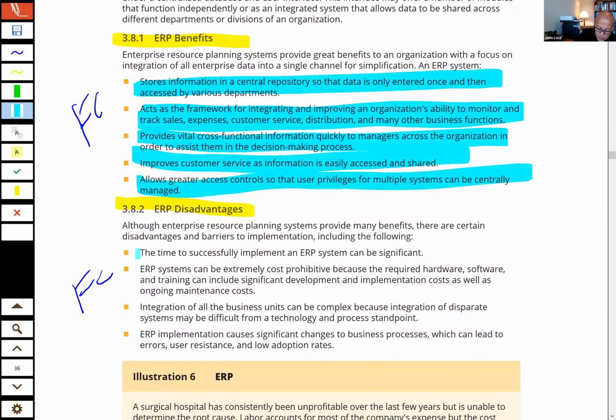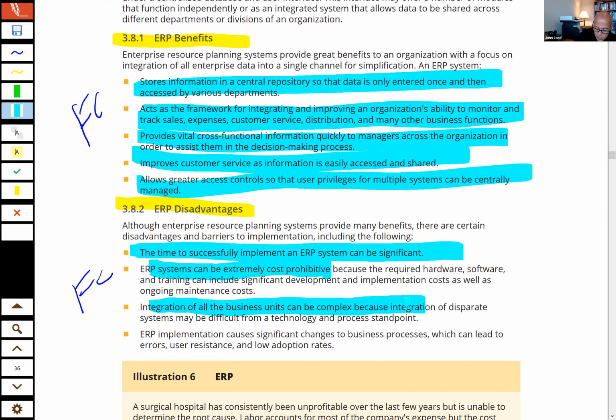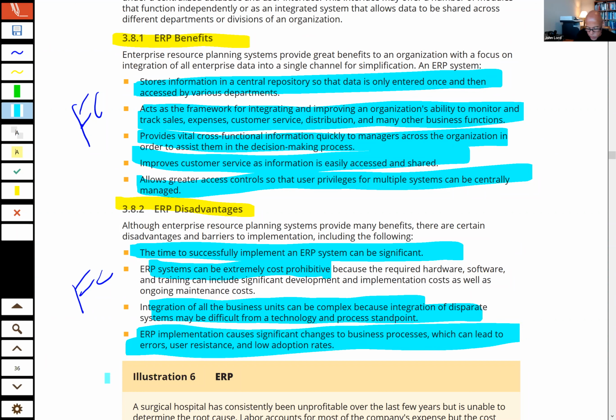Disadvantage: the time to successfully implement the ERP system can be significant. They can be extremely cost prohibitive. Integration of all business units can be complex because you have all these different parts of the company, right? And this data going across the enterprise. And ERP implementation causes significant changes to business processes, which can lead to errors and user resistance. So when you look at the disadvantages, I think that it's more